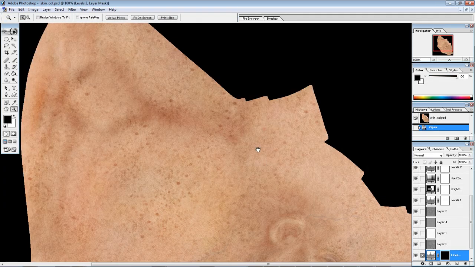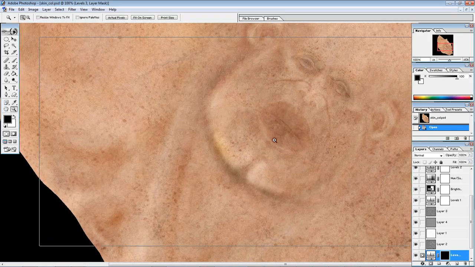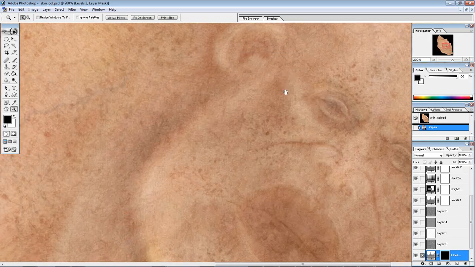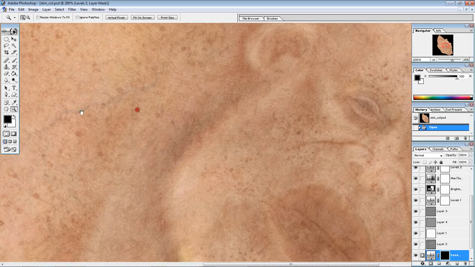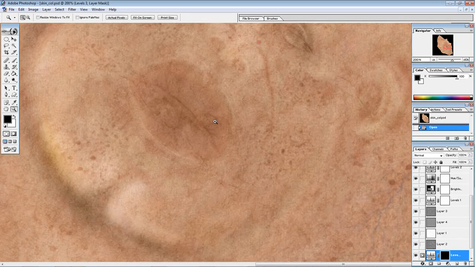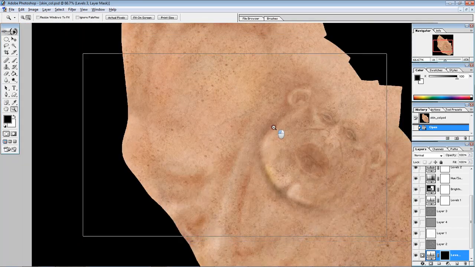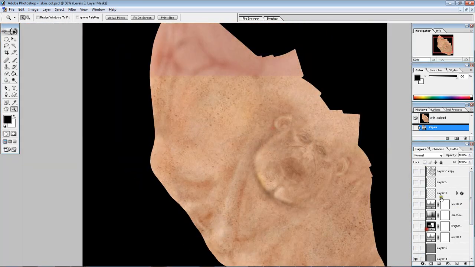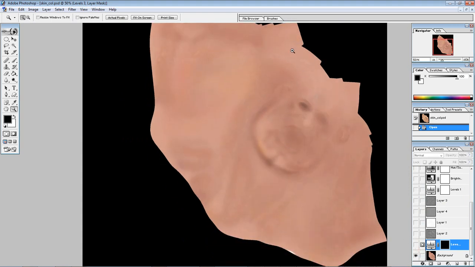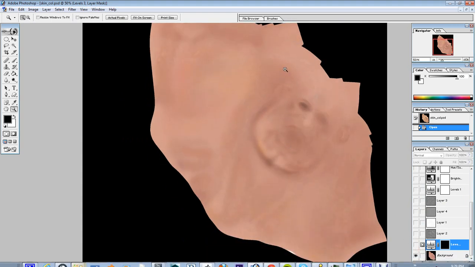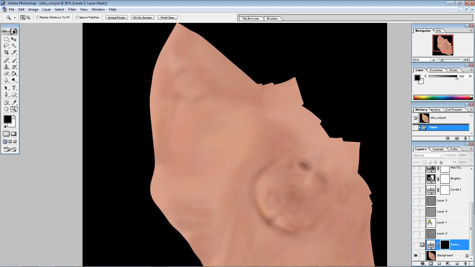Okay, if we look in here, you can see we have a lot of detail. There's lots of skin imperfections and skin stuff and moles. I added veins and occlusion, and it looks nice. Let's go through each layer and see how I did that. So first thing I did was add the texture map. That's it. Just added it in here. Next thing,